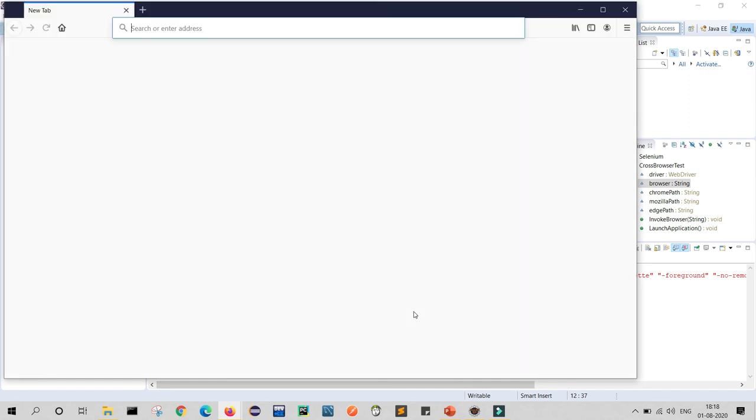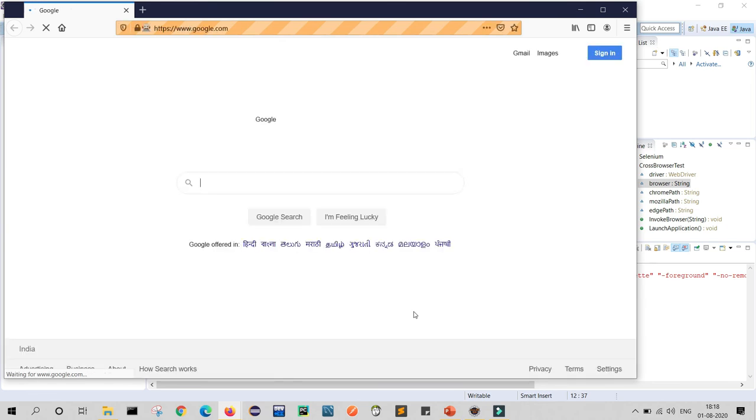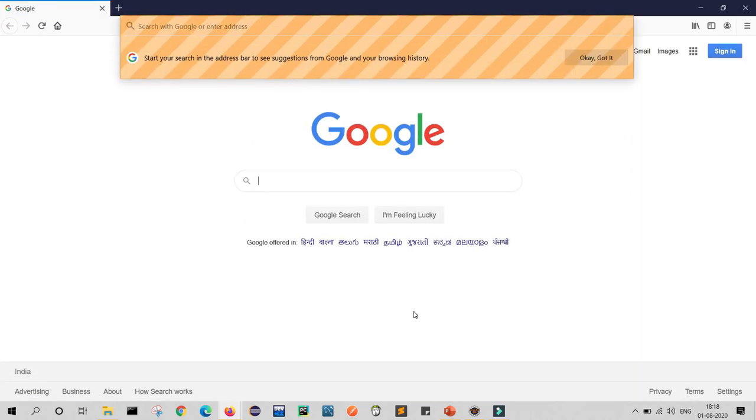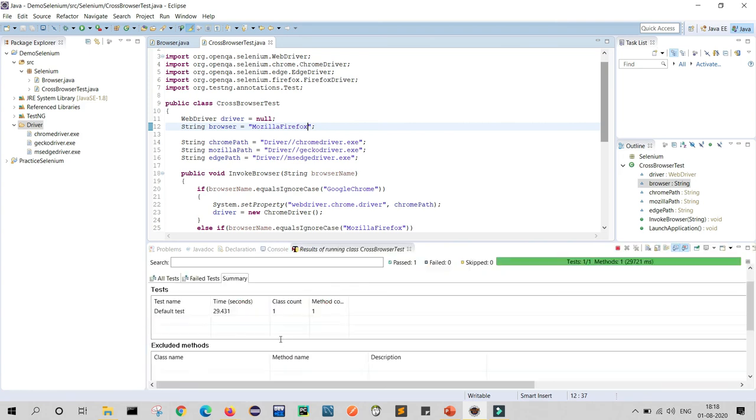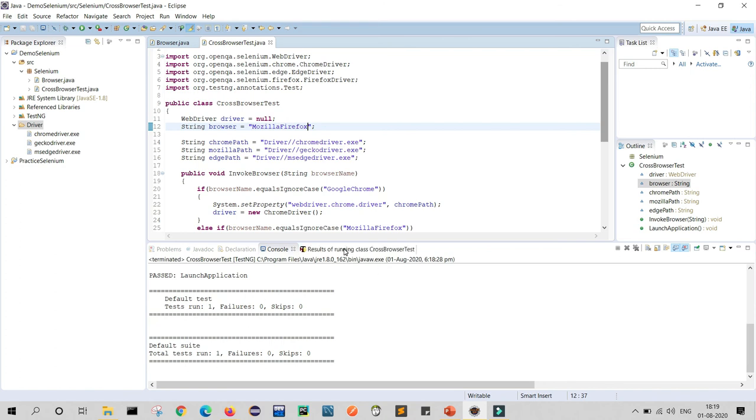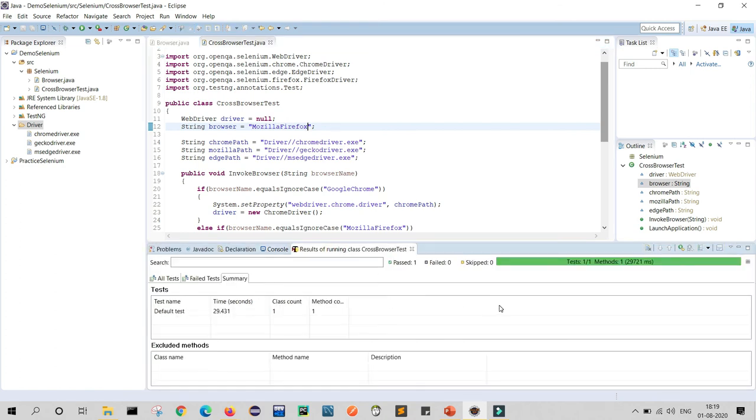Once the browser loads, it will write google.com, maximize the window, wait for 5 seconds and close. Now you can see in the console, the title of the page is Google and the result is pass. One method, pass.